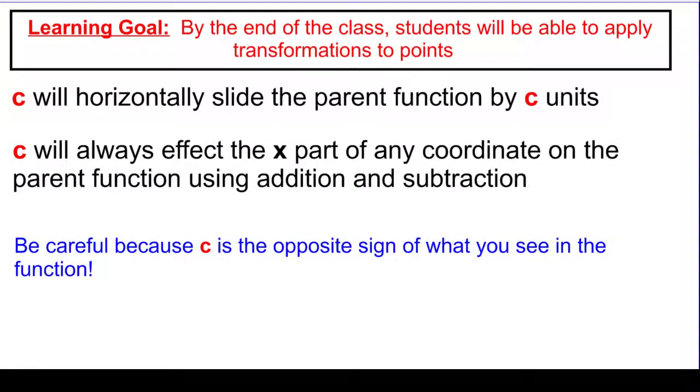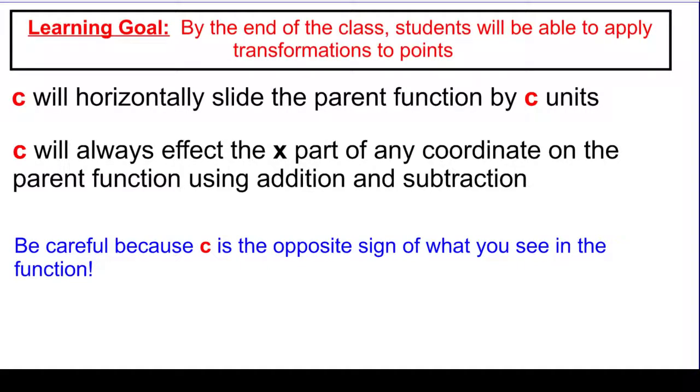So C is going to horizontally slide the parent function by C units. So the whole graph is not going to change shape. It's not going to do any reflecting. We're just going to take the entire thing and move it to the left and the right. And similarly to A, C is only going to affect the x part